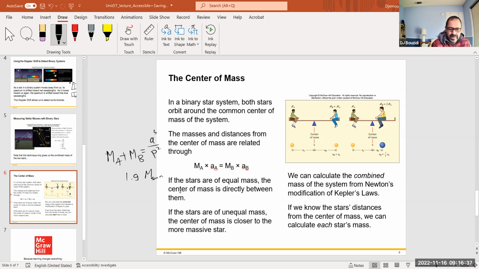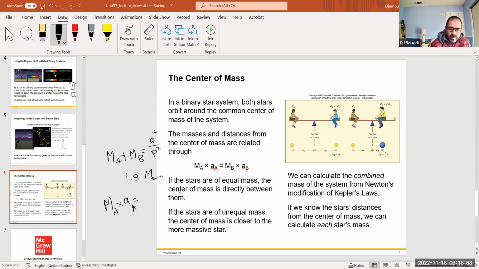The sun's mass doesn't matter what that number is. I know it's 10 to the positive 30, so that's roughly how much it is, in kilograms. But now we know, if I know the very center, we have another equation: the mass of the star, which I don't know, times how far it is from the